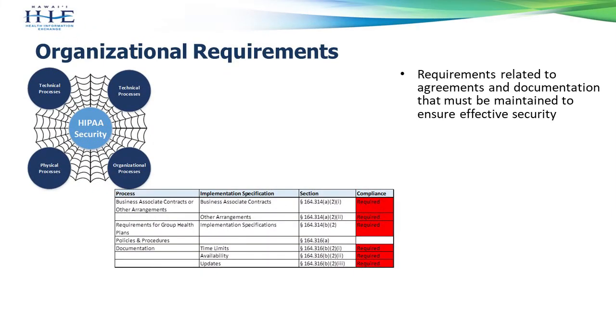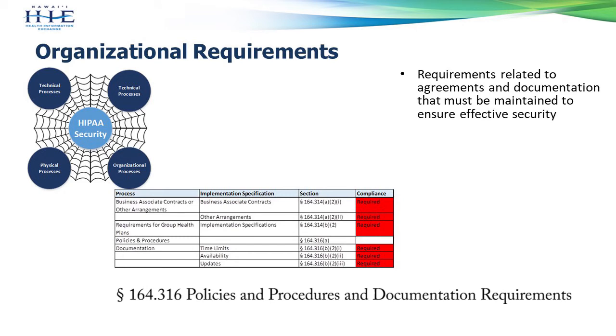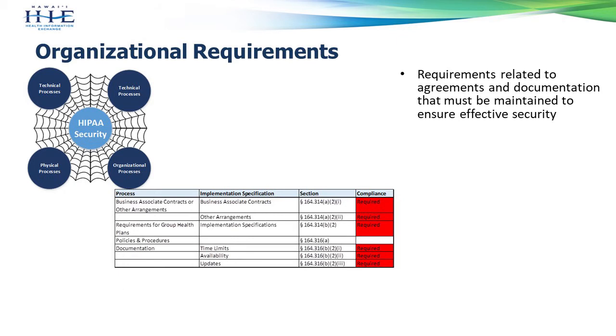The standards at 45 CFR Section 164.314, Organizational Requirements, and Section 164.316, Policies and Procedures and Documentation Requirements, are not included in Appendix A, the security standards matrix that is found at the end of the security rule, but must not be overlooked by covered entities. These requirements must be implemented to achieve compliance. Requirements include